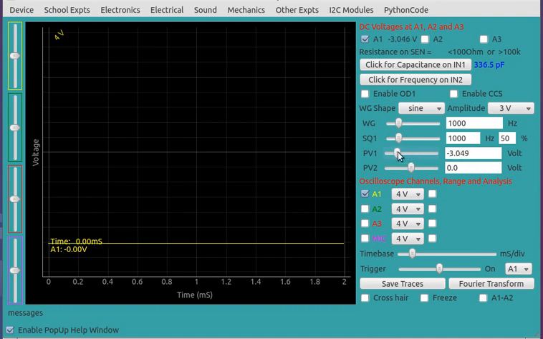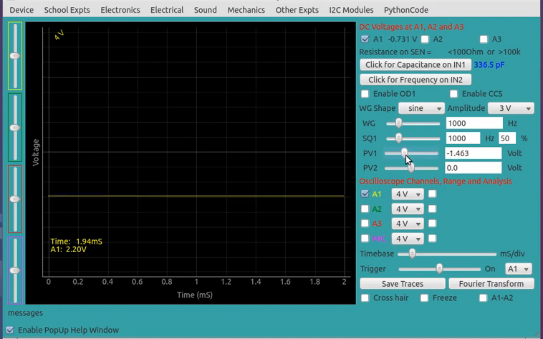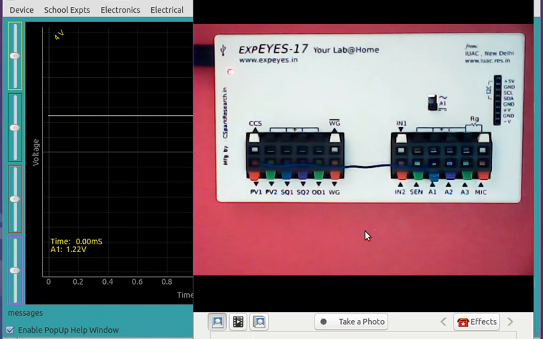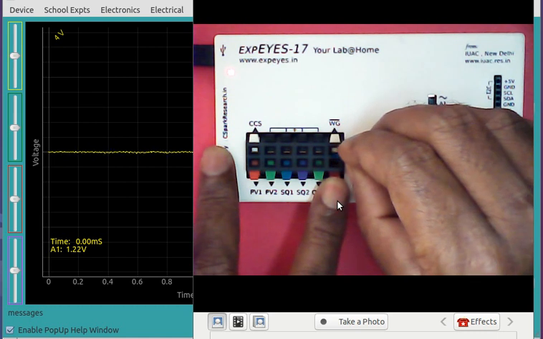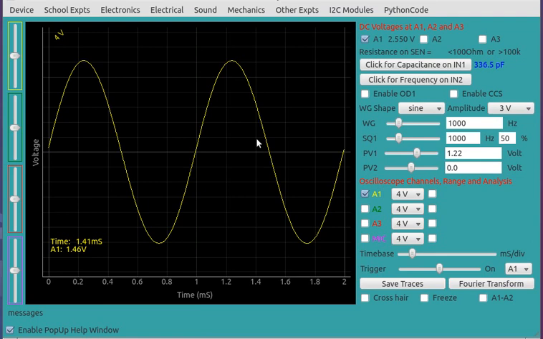But you also notice that the A1 DC voltage is showing here, but it is also getting plotted as a function of time. That means if you have an AC voltage, we will be able to see the variation of the voltage with time. So what we can do is, instead of PV1, we can go and connect it to WG to explore the AC. So we connect it to WG. So you see here a sine wave is appearing, and this frequency we can change from the slider,